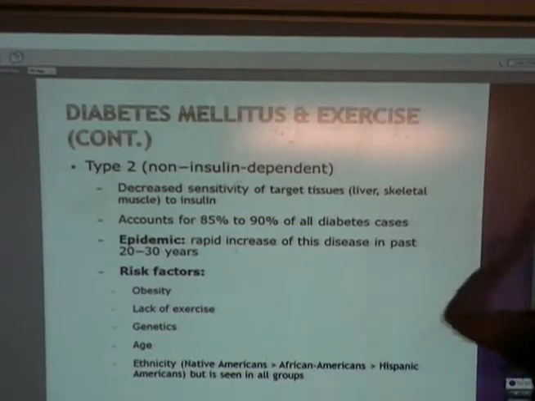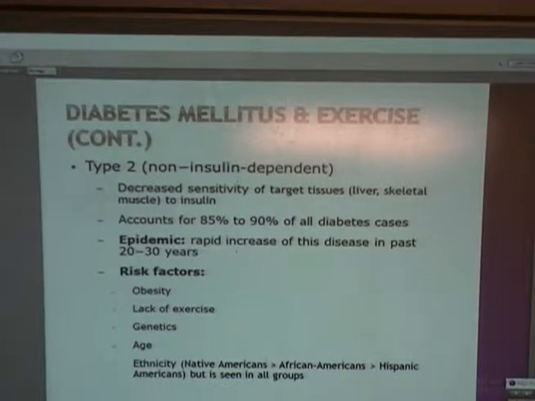Remember what, yes, sir? If you're type 2 and you're diagnosed, can you get rid of it? If you're diagnosed early enough and if you work hard enough. So if you're pre-diabetic, and I'll come to that in a minute, if you're pre-diabetic and you are willing to change your lifestyle, you can prevent yourself developing full-blown type 2 diabetes.